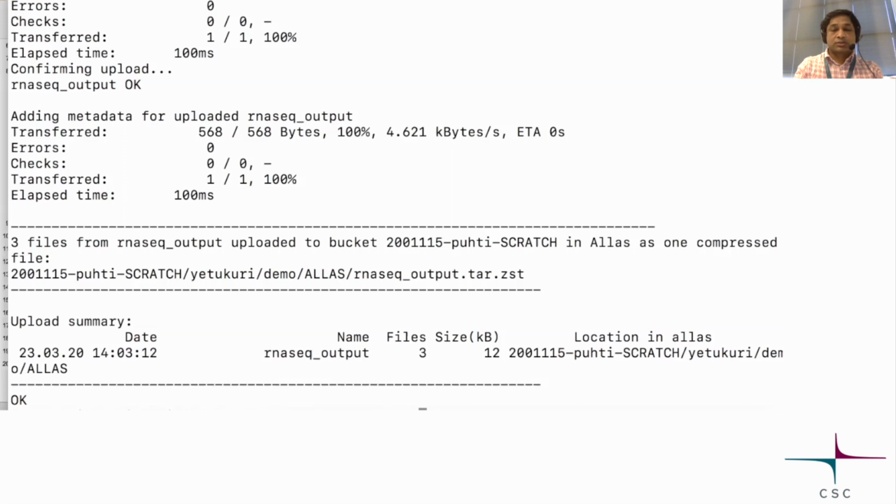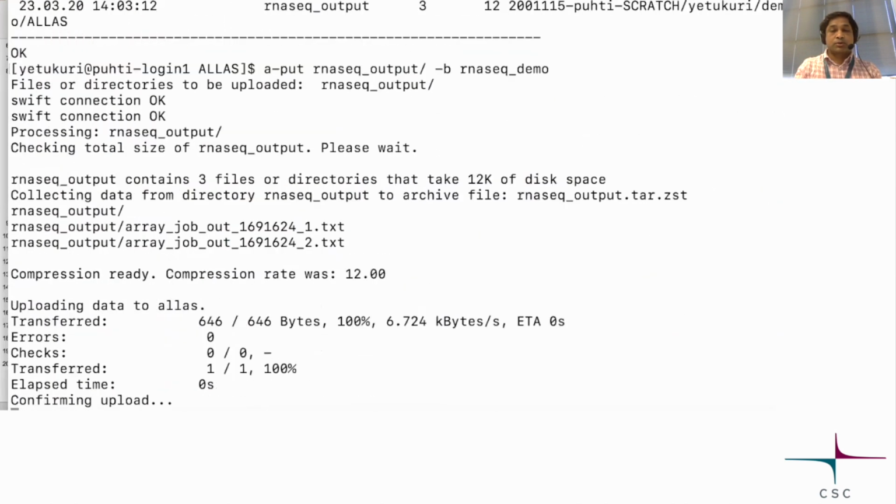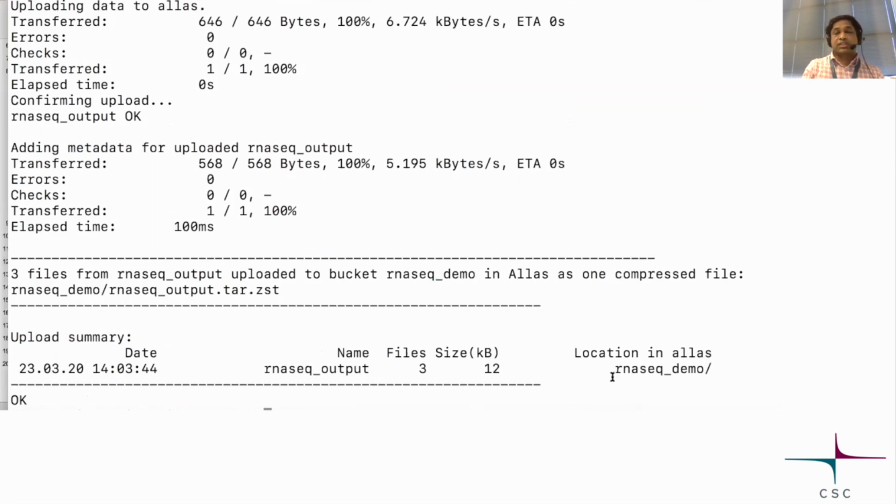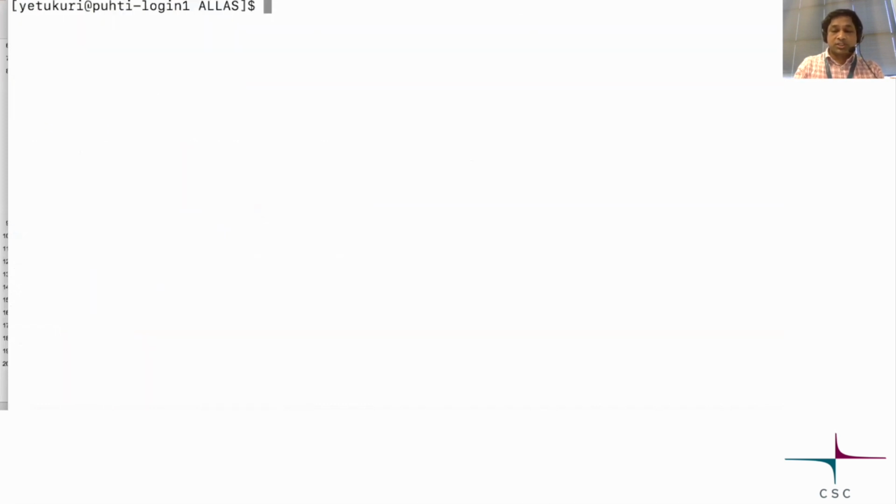You can also give a bucket name if you don't want this kind of file name for your bucket. So you can write, for example, RNA-seq. That will upload the same data, but into a different bucket called RNA-seq demo. So you can also check